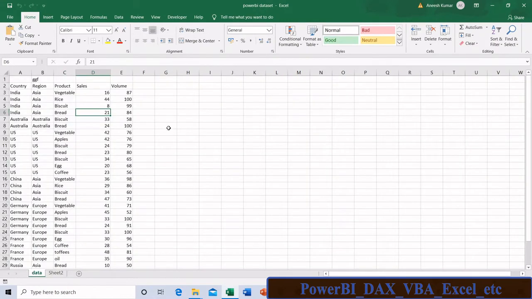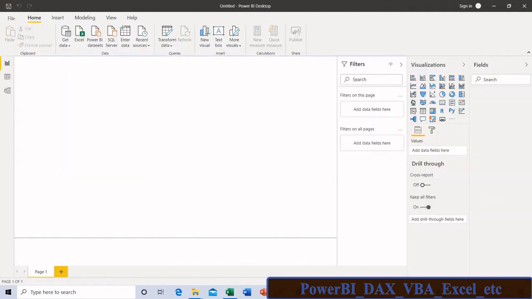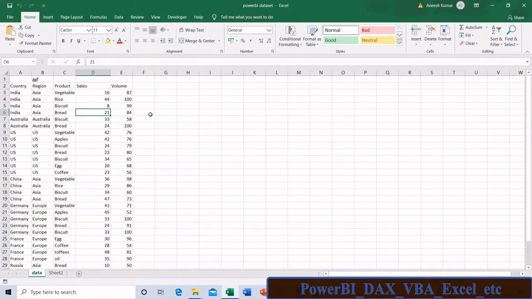This is my data. There are many ways to import data into Power BI Desktop. Either we can import data directly from this sheet, or we can convert this data into a table and import that table, or we can give a named range.